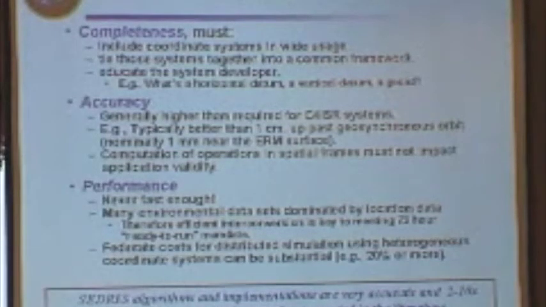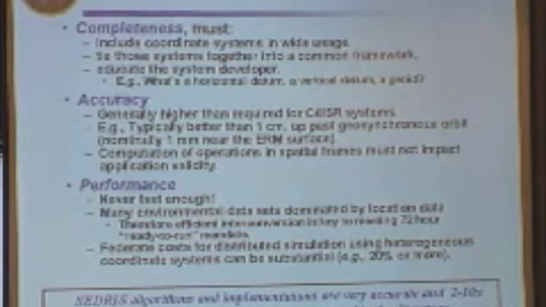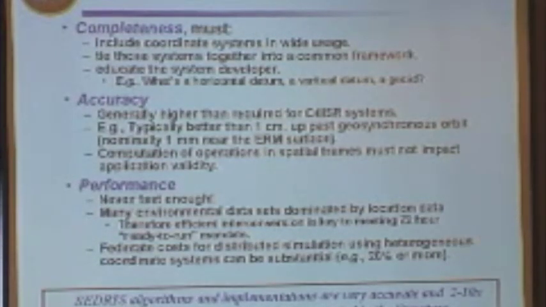Accuracy. Why do we need such high accuracy? Well, I've kind of hinted at it a little bit, but there are a lot of applications where you cannot tell whether you missed or not unless you have the accuracy. Now, it turns out that it's sort of pro forma to get very efficient algorithms that are very accurate. So we just set the accuracy requirement really tight to 1 millimeter, generally. Other people will ease that, but today there's no reason to do that because the runtime is the same. You don't gain much.